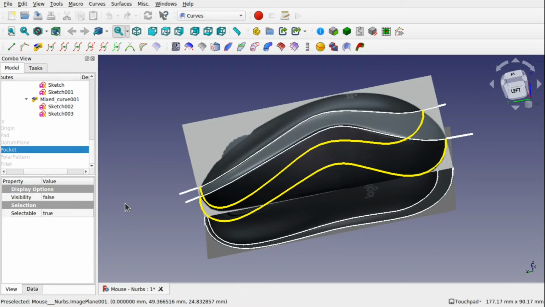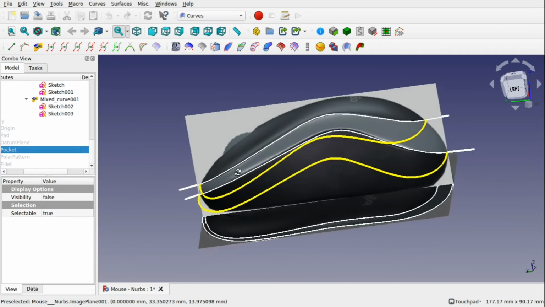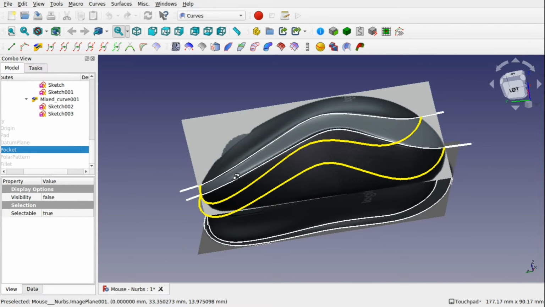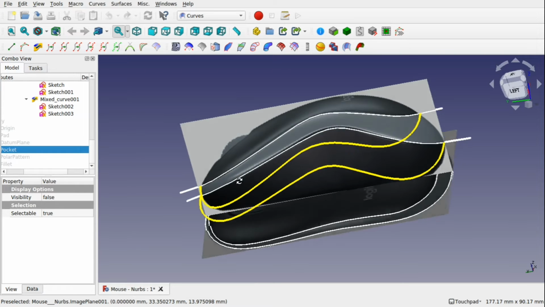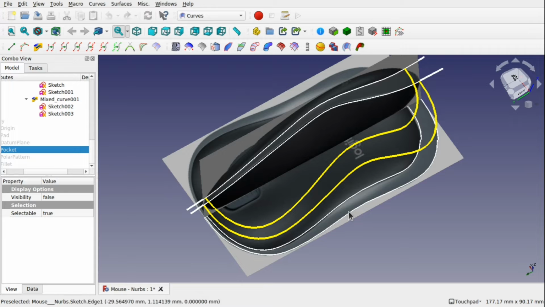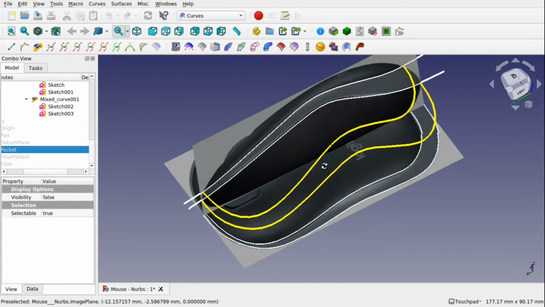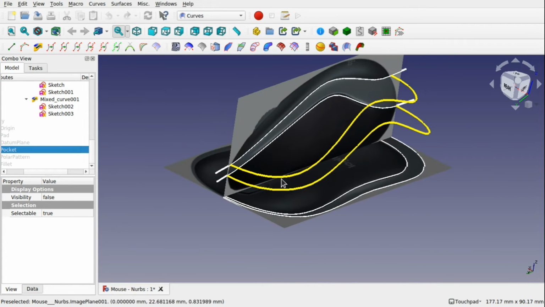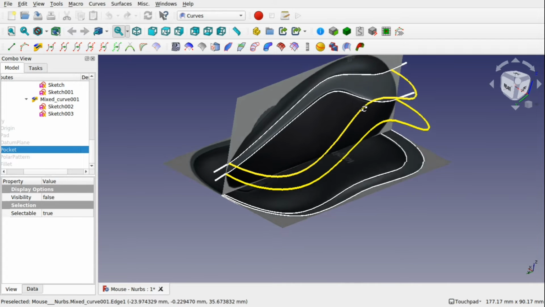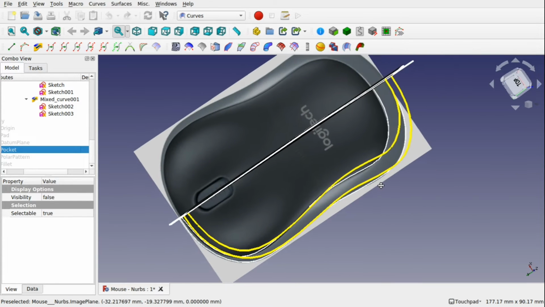Hi viewers, and welcome to the channel, and welcome to another episode of the mini-series for the Curves Workbench for FreeCAD. Today we're looking at the mixed curve, which is here, and this allows you to create a 3D curve from two sets of 2D images, whether they're from the side, front, back, etc. We'll be using a number of curves that are created in the sketcher to make these 2D curves, and then we'll project those into a 3D representation of those curves